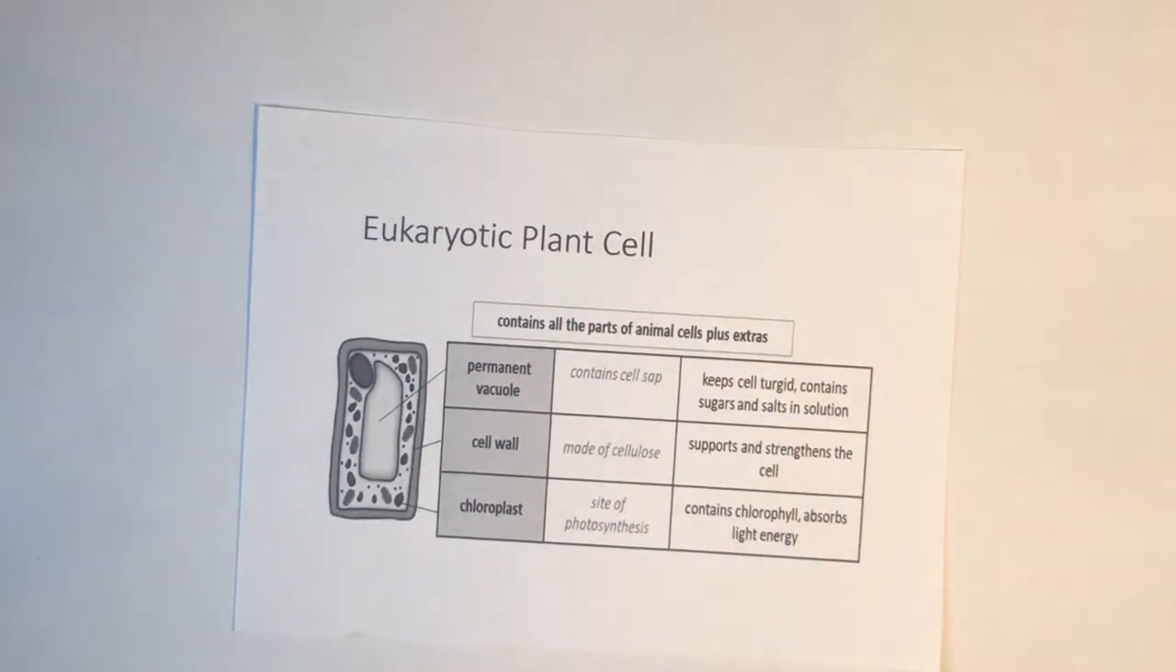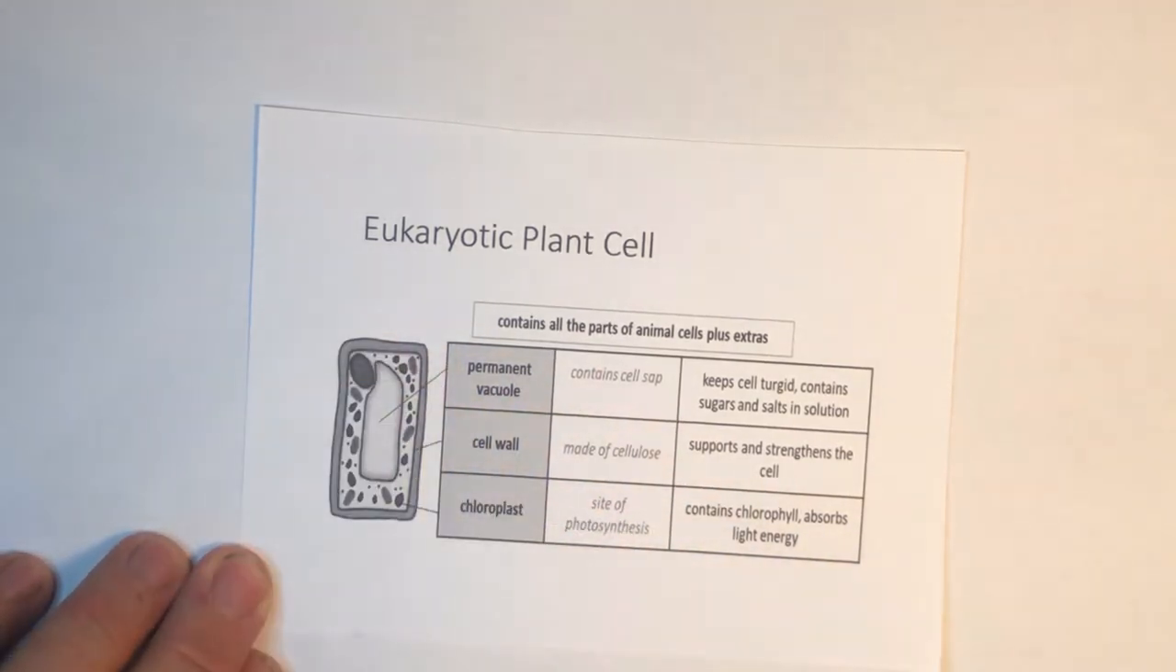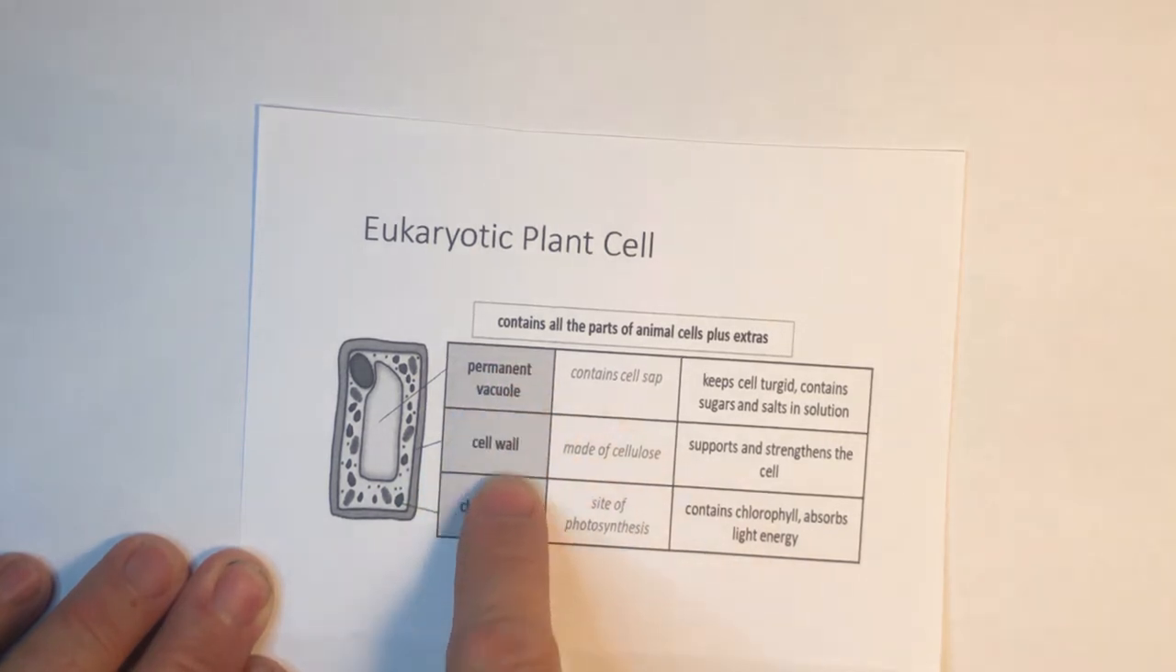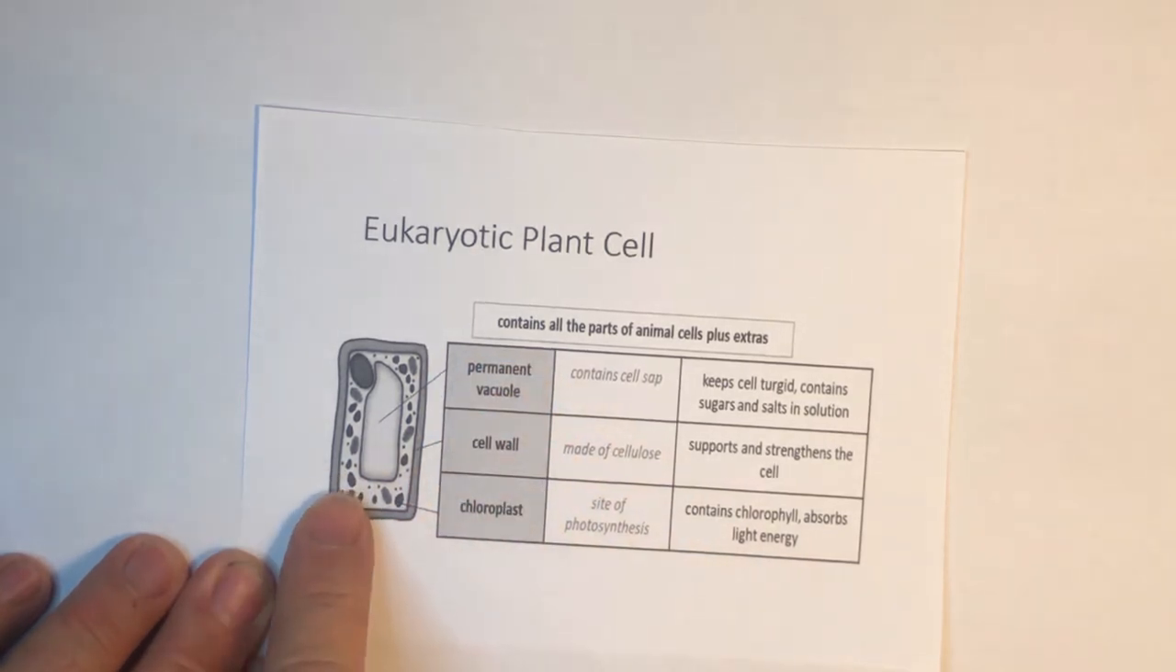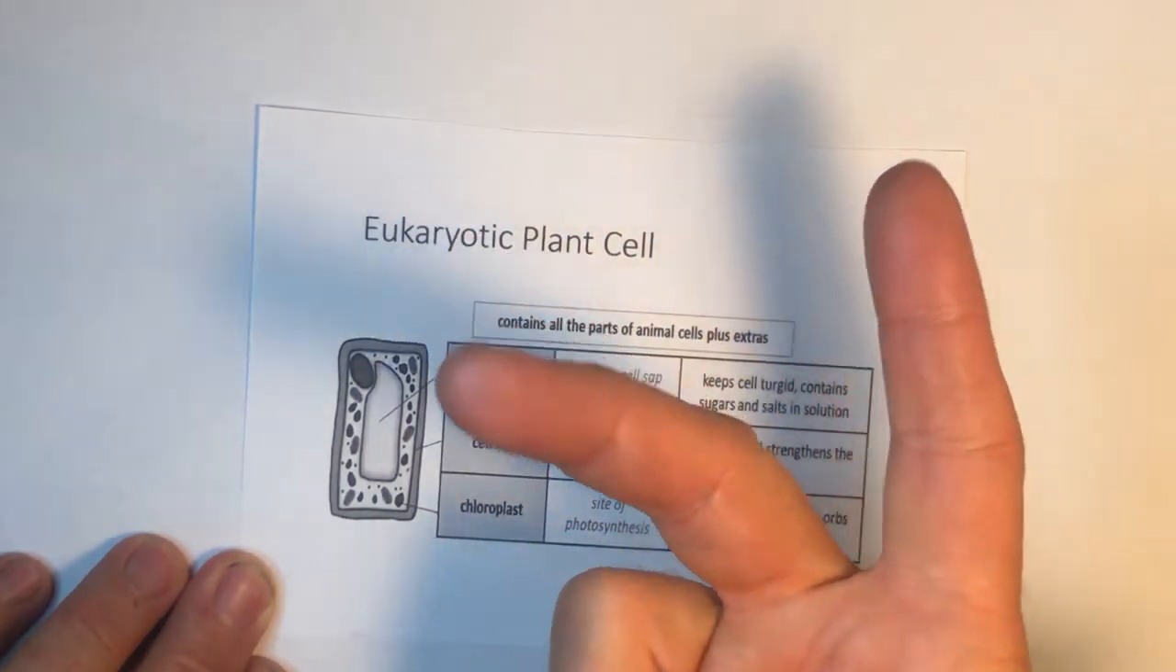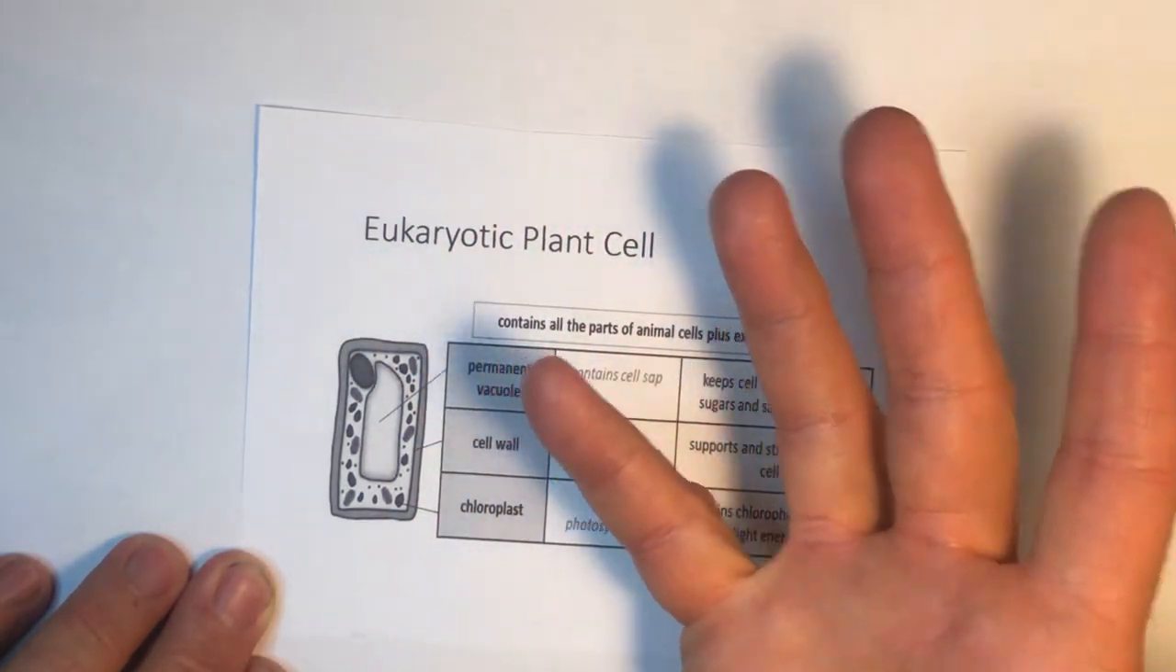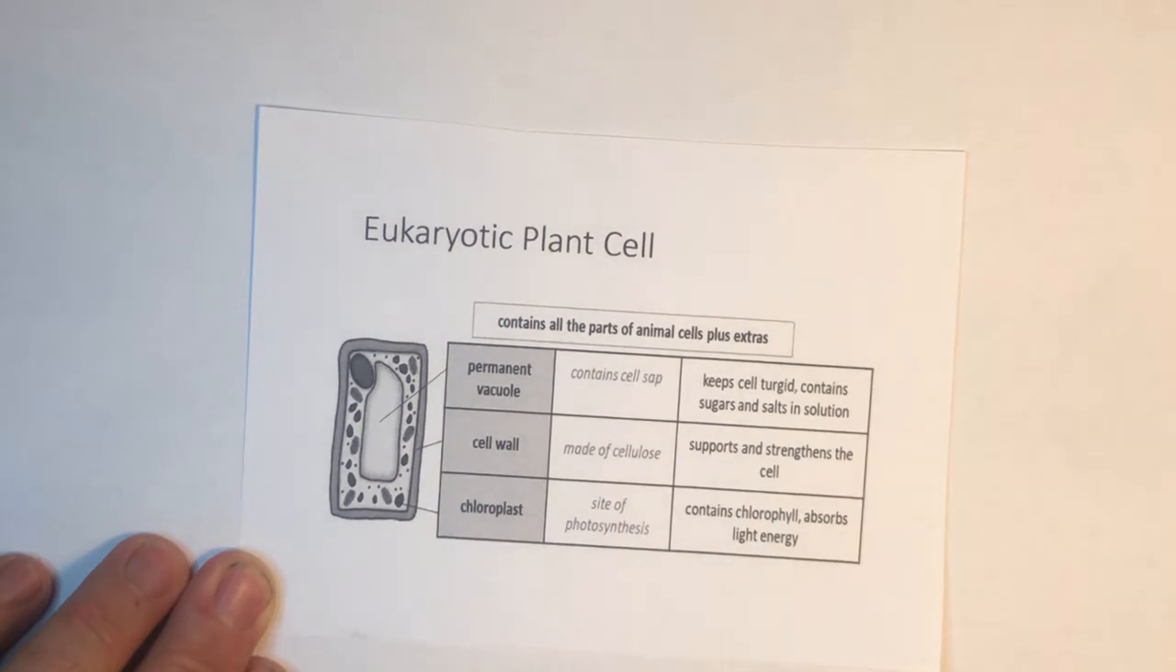So this diagram is a eukaryotic plant cell. There is your plant cell. And what I've done on this diagram is I've just got the 3 extra bits, because the plant cell contains the cytoplasm, the nucleus, the cell membrane, the ribosomes, and the mitochondrion. So you don't need to mention them, because it's saying what are the functions of the extra parts of the